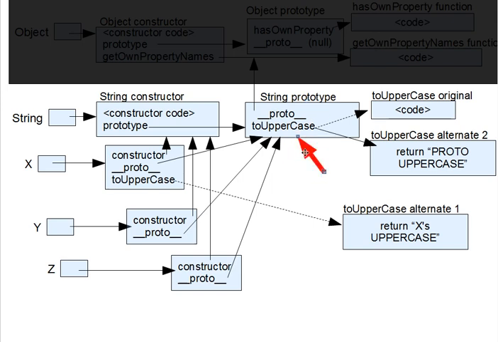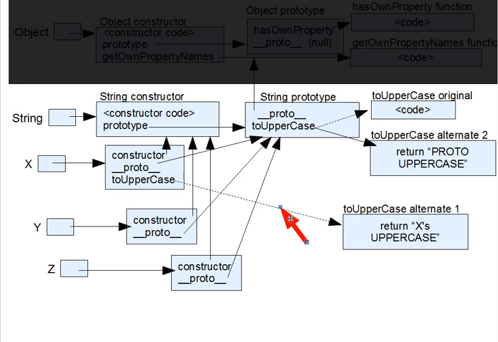In fact, none of our string objects has ever had a toUpperCase method unless we hand added it like we did on line 4. It is the shared string prototype that has this method, and all our uses of the method thus far have been deferred to the prototype, except for that brief moment when we had an overridden one for x. If we give an object its own version of a property, like we did for x.toUpperCase, then that takes precedence over the prototype's version, as we saw on line 6,